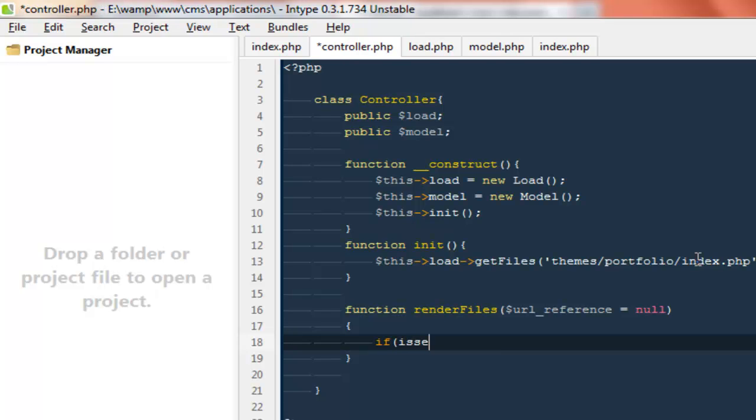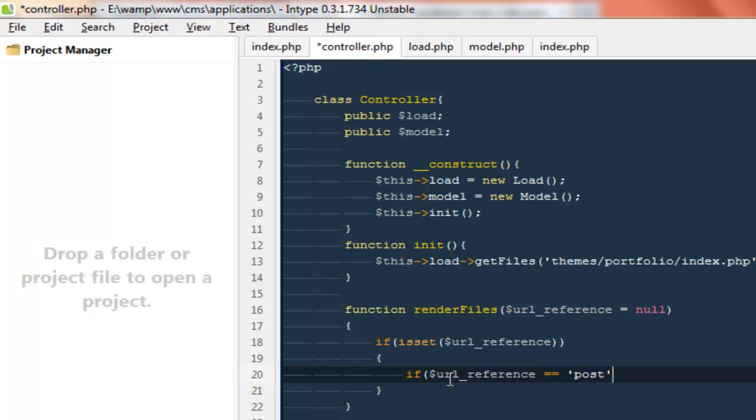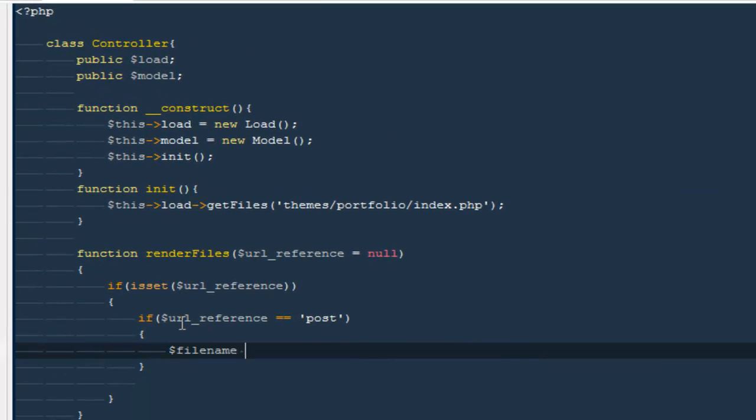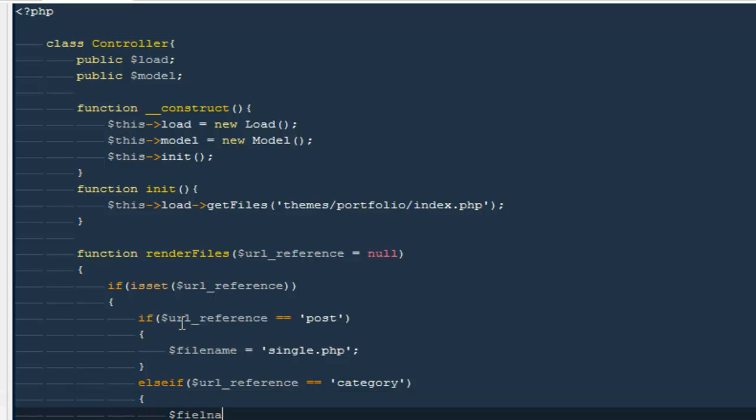And then I'm gonna say if isset $URL reference, then go ahead and make a check. Very first I'm gonna say if URL reference is equal to post, then go ahead and do something. Probably I'm gonna say $file name gonna be equal to single.php. Then I'm gonna say else if $URL reference is equal to category, $file name gonna be equal to category.php,